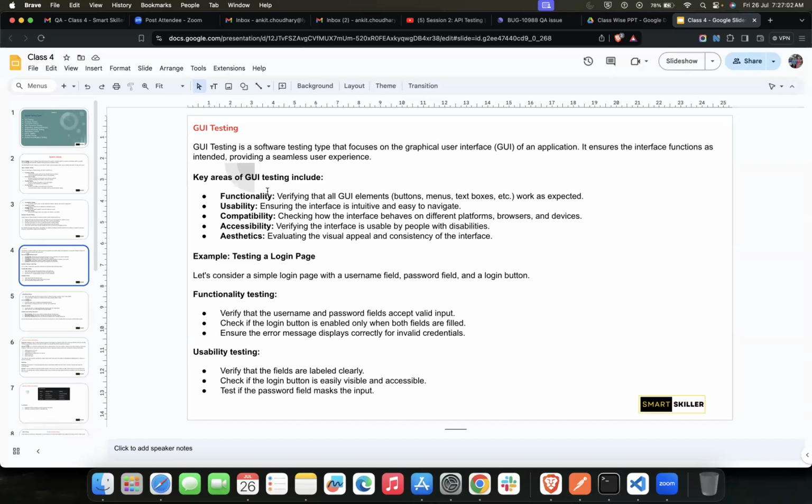Compatibility testing. Compatibility testing basically means that whenever we develop software, it is compatible with different versions or different platforms, because you don't know how your customer is going to access your software. Like if I develop a website for a bakery, my customers might come to my bakery website from their desktop, or from their mobile devices, or even from their iPads.